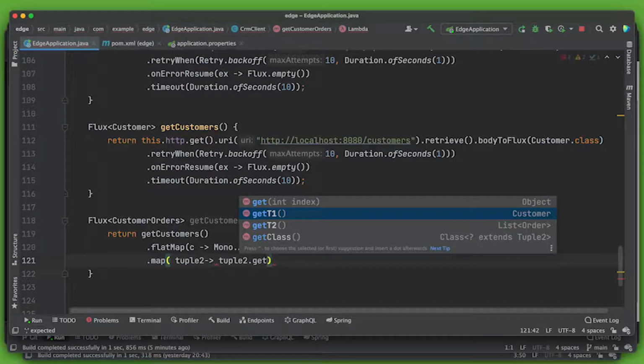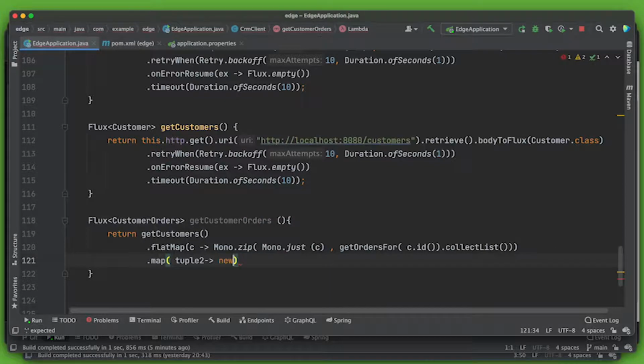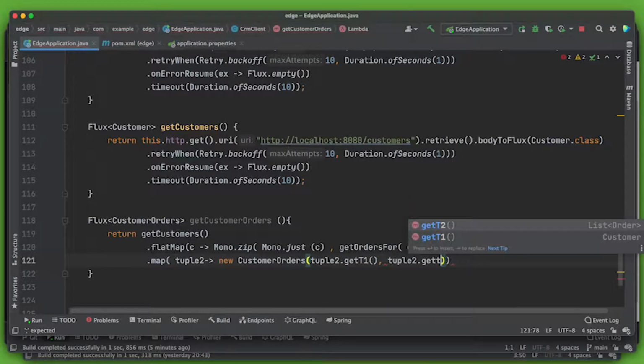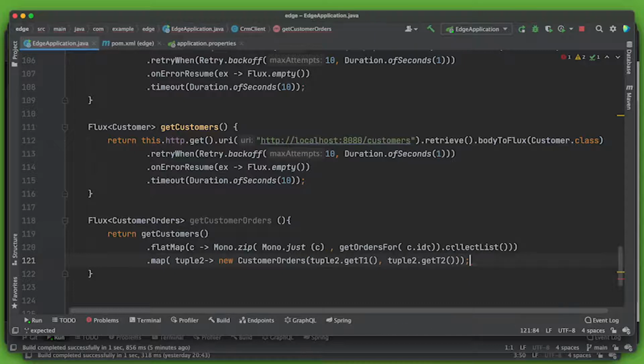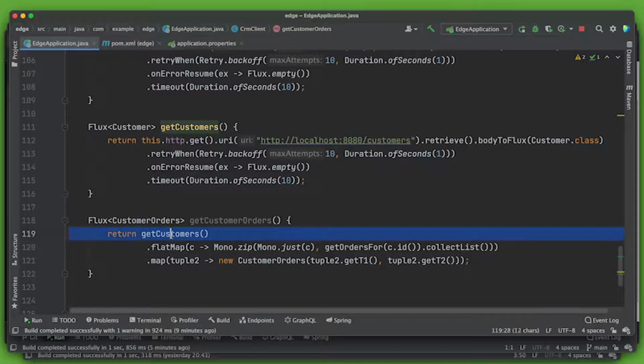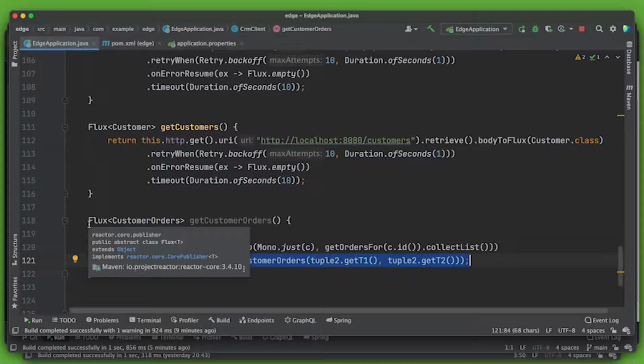So tuple.get t1, tuple.get t2. All right, so there we go. So we're actually saying for each customer, give me the customer and the orders for that customer as a list, and then turn that tuple that comes from the zip operator into a customer orders, and then return a stream of those customer orders as they're being constructed from data coming from an RSocket service and from an HTTP service